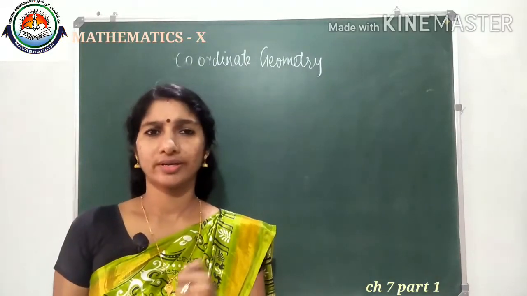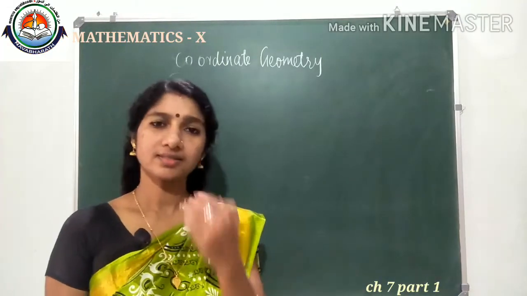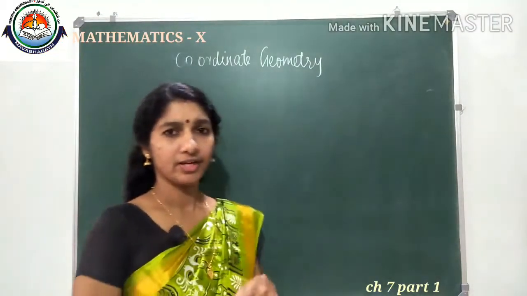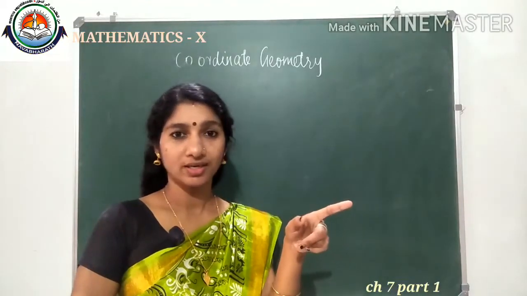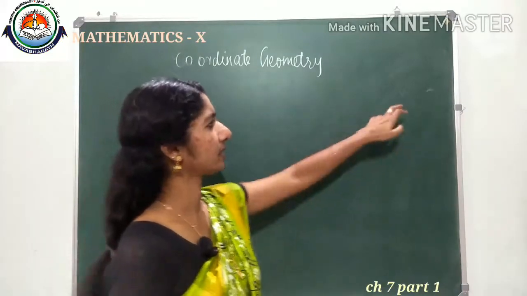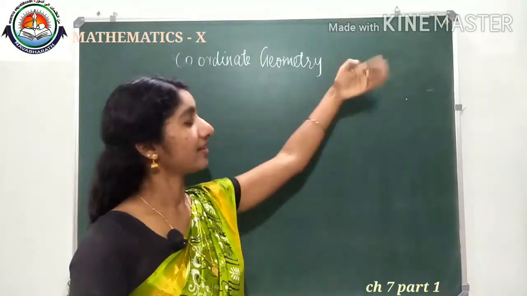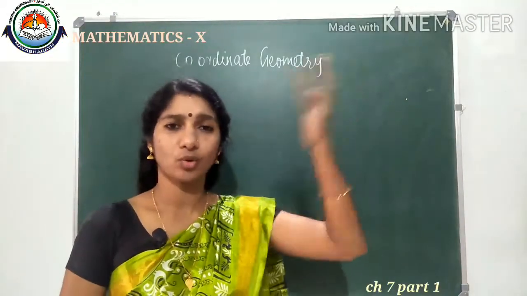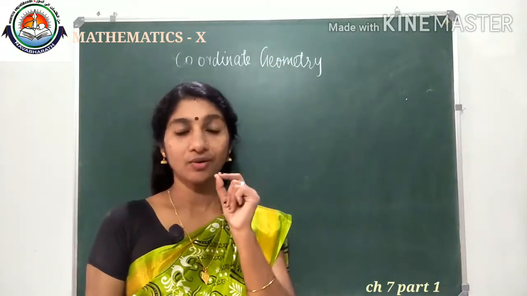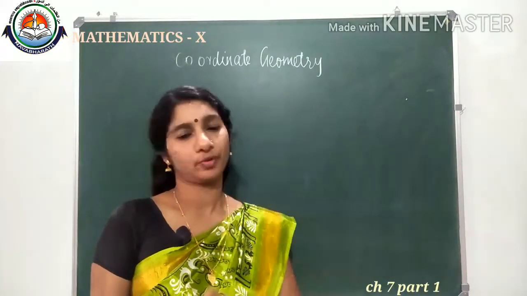When we use those coordinates, suppose we need to mark a point on the plane. If I am asking you to mark a point on the plane, will you mark the exact point which I mean to mark? No, there will be some confusion about which point I need to mark. If you mark one point here, I can say that is not the point I asked you to mark. I told the next point, the nearest point. Nearest in the sense that in all directions there will be a nearest point, so we will have confusion. So to avoid that confusion, what should I say? I should give the exact position of the point.